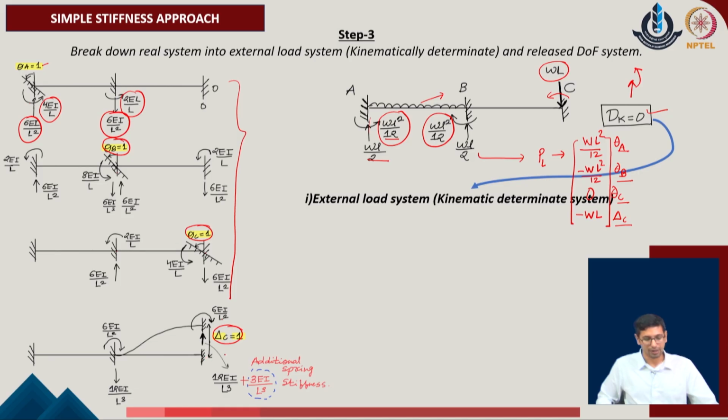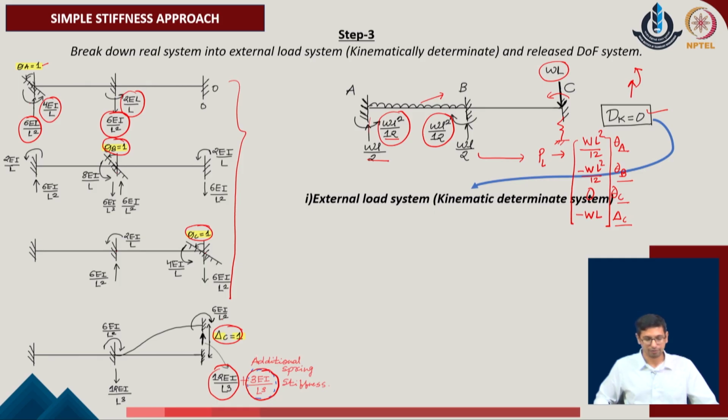More importantly, when we add the component of delta C in this given problem, we realize that this is not a regular fixed ended beam, but rather it is also supported by a spring system at the bottom. So, any of the changes taking place in the translation direction of delta C will also require work to be done against the reaction of the given system. That is why the regular reaction force which we typically generate in these systems, which is 12 EI upon L cube, will also be supplemented by the contribution of the stiffness of the given spring member.